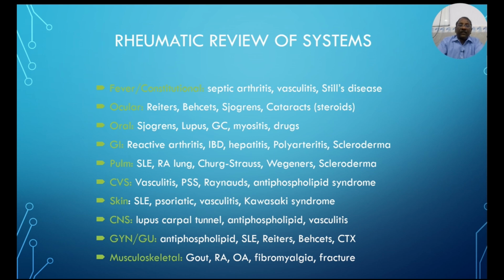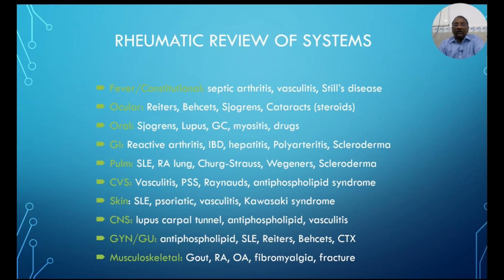Gastrointestinal, reactive arthritis, hepatitis, ulcerative colitis, Crohn's disease, they are very common involvement. Scleroderma, especially esophageal involvement; esophageal dysmotility is very common in scleroderma. In pulmonary, I told you interstitial lung disease following rheumatoid arthritis, in lupus, Churg-Strauss, Wegener's, scleroderma, these commonly involve your lungs. Heart,